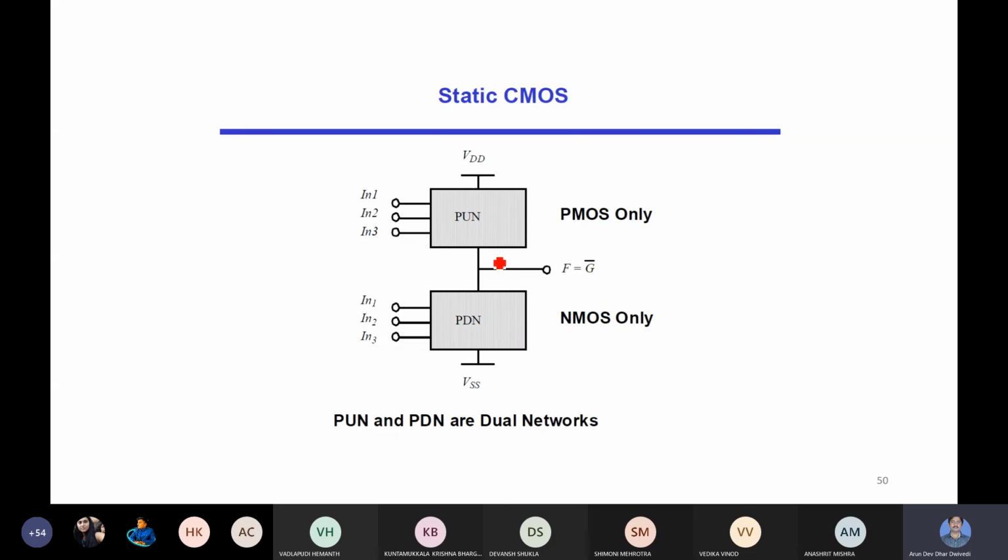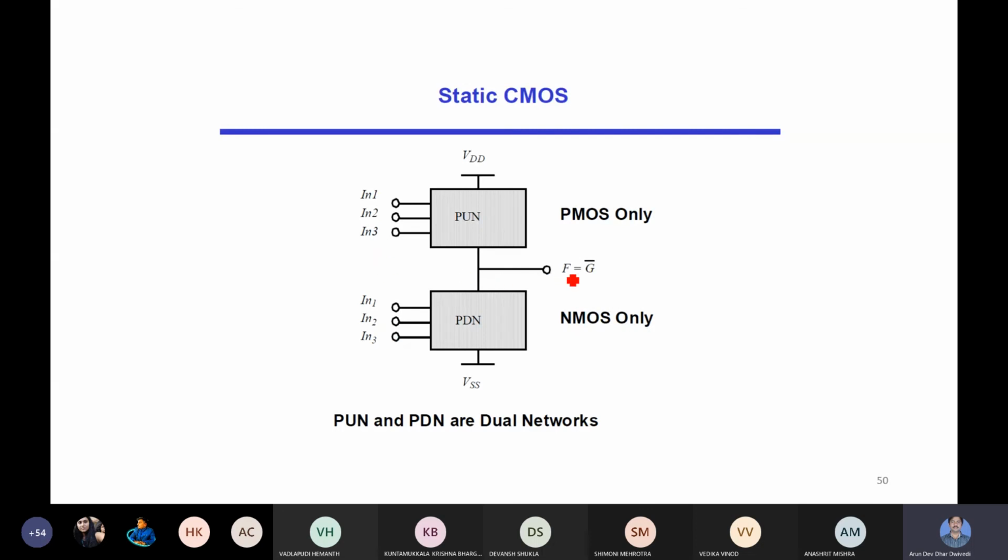Basically in the static CMOS circuit we take two networks, the pull down network and the pull up network, because the NMOS transistor is very good at pulling the circuit to zero, meaning passing zero. The PMOS transistor is very good at passing 1. So the pull up network is made from PMOS transistors, the pull down network is made from NMOS transistors, and the pull up network is dual to the pull down network. Whatever network you make, its dual is this one. It is made from NMOS, and this is made from PMOS. All the inputs are given here also and here also.